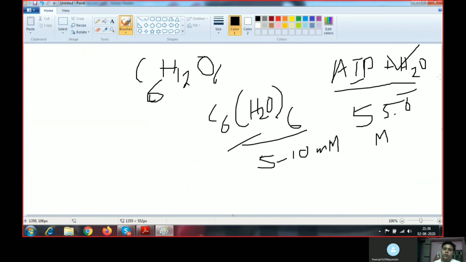So we are considering two situations. One, the concentration of water is much higher than that of glucose, and it is huge: 55.6 molar for water compared to about 5 to 10 millimolar of glucose present in the cell. And number two, water is certainly small enough to fit the phosphoryl acceptor enzymatic binding site. That means water can easily bind to hexokinase, rather than glucose, because glucose is an absolutely huge molecule. If glucose can bind, then water definitely can bind. So why is ATP not hydrolyzing directly?